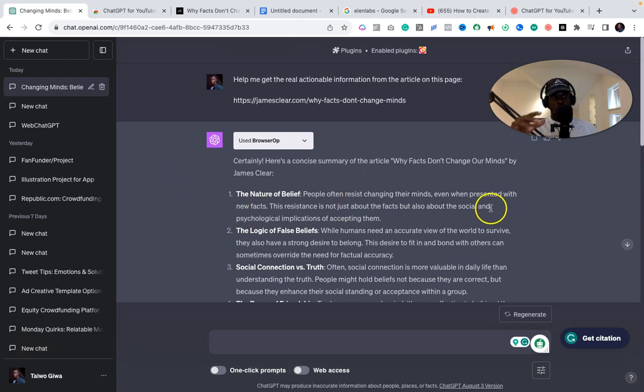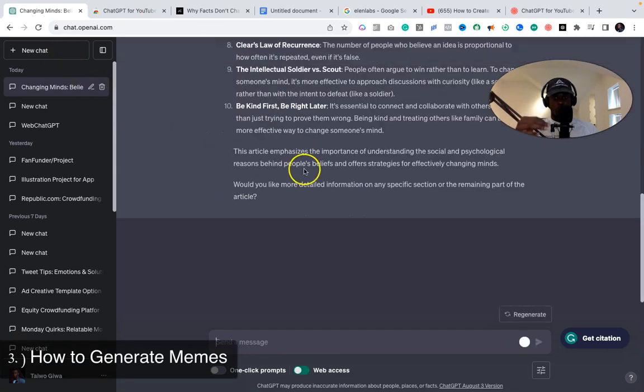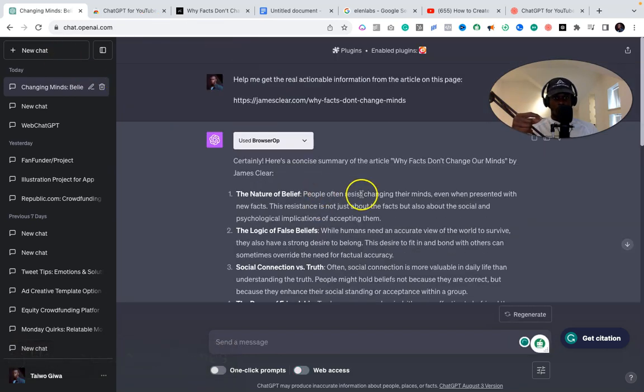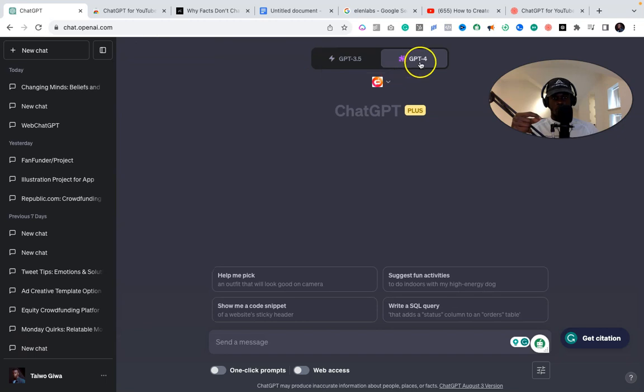Okay, so let's move over to the third one, which is a little bit more fun, right? How to generate memes. So again, this is a paid subscription because you have to use the plugin. So let's move over to it. Let me start a new chat. So I will go over to ChatGPT 4, move over to plugin